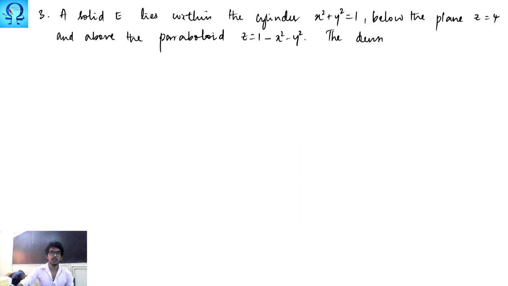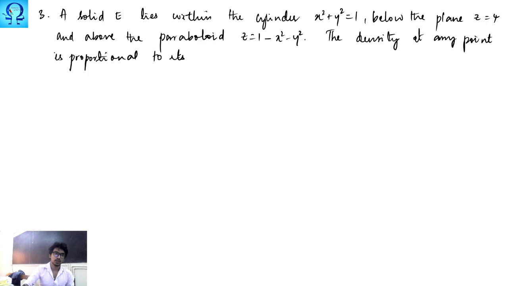The density at any point is proportional to its distance from the axis of the cylinder. Find